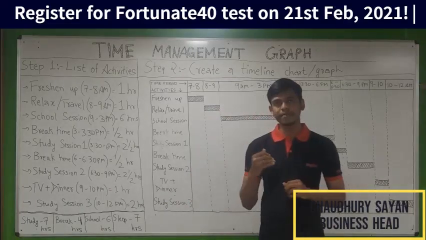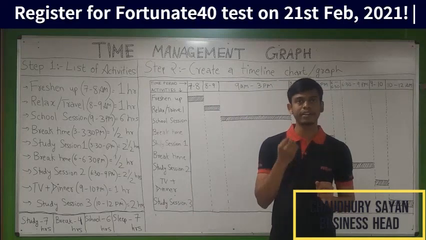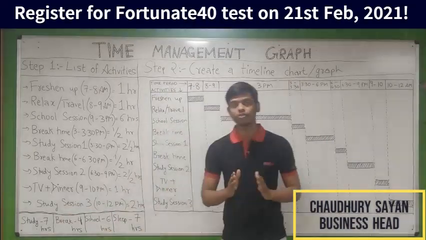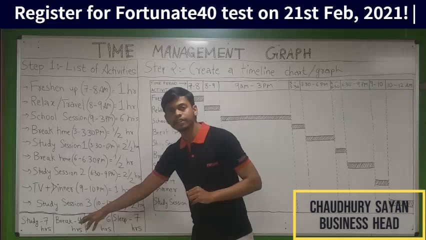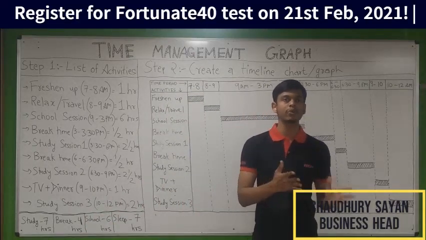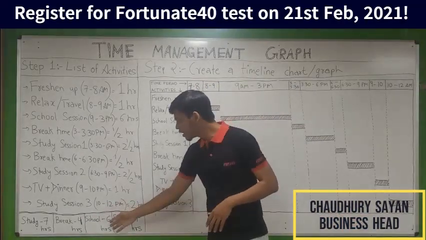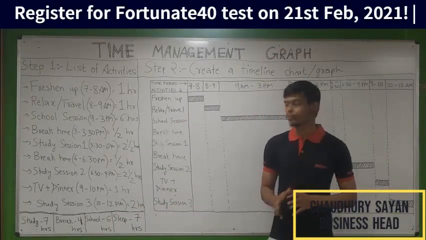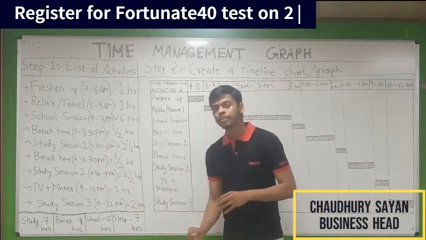So if we describe each and every activity and calculate the total amount of hours that he has dedicated in that particular day: for study, he has put in 7 hours, apart from the school hours of 6 hours. He has taken breaks equivalent to 4 hours. That is even more than enough for a student to have his own extracurricular activities as well as his own fun time. Then he accounts for his school time of 6 hours, and finally he has an adequate amount of sleep of 7 hours. So if we total 7, 4, 6 and 7, that comes out to be 24